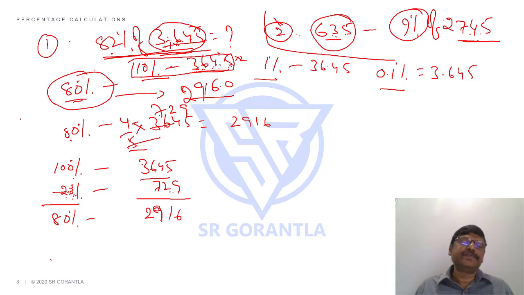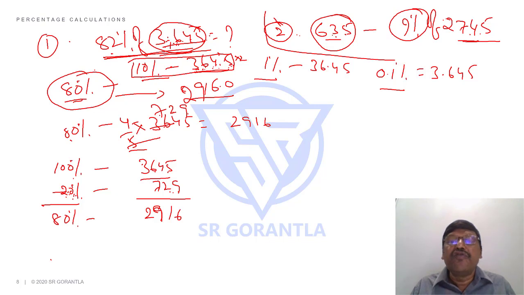Right? Next. Once you do 80%, whichever way you do it, in fact I'll add one more thing, students. You should be good at multiplication. Addition and subtraction you should do in your mind. Multiplication you may write on the paper, I accept it. But one multiplication you should not write on the paper; you should do it in your mind: into 2. Suppose I have 87, I'll come back to this question later. 87 into 2, how much? 174. 174 into 2, 348. 348 into 2, 696. 696 into 2, 1392. Into 2, 2784. Into 2, 5568. Like that. Doubling a number you should practice, please.